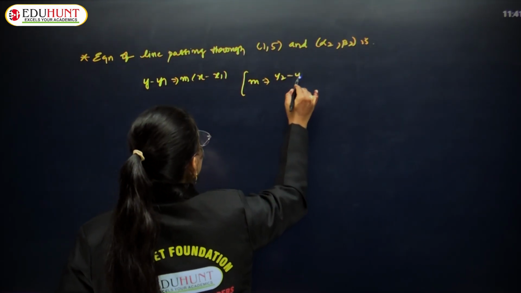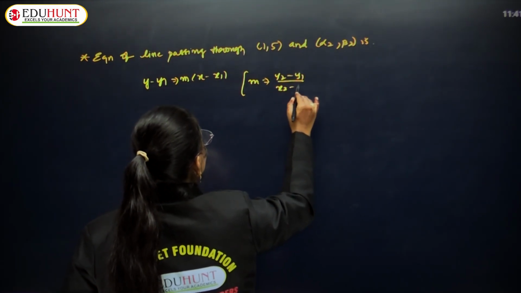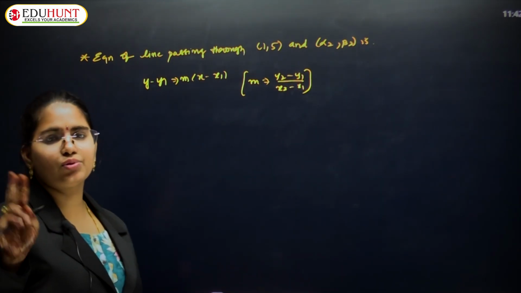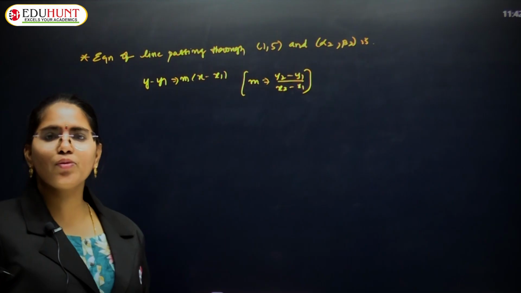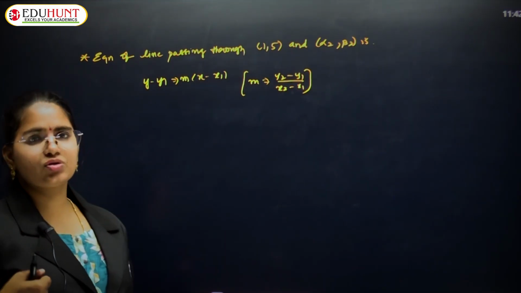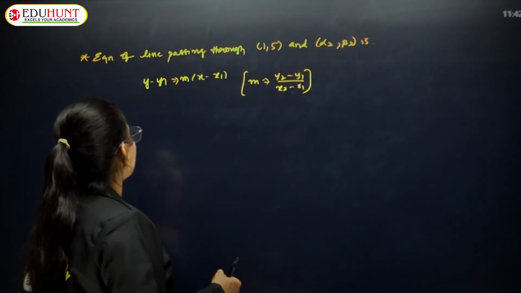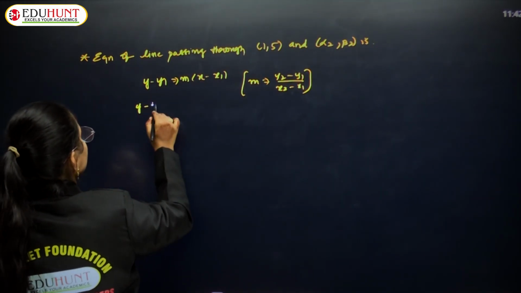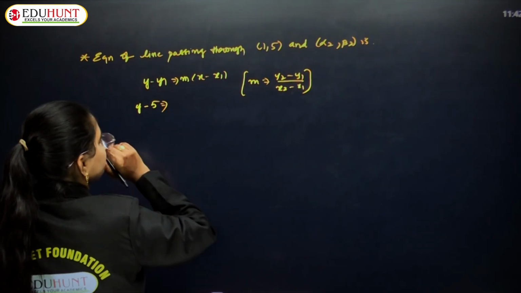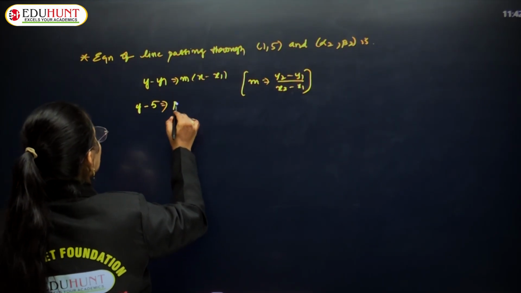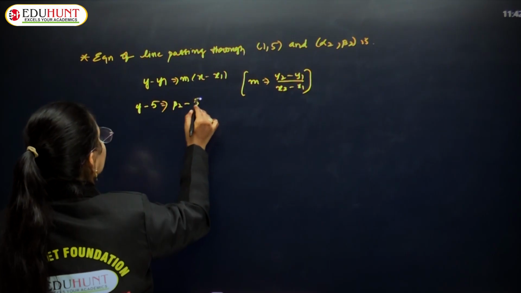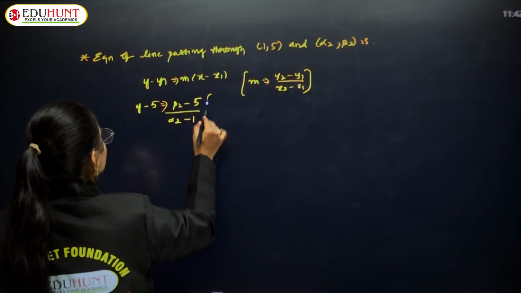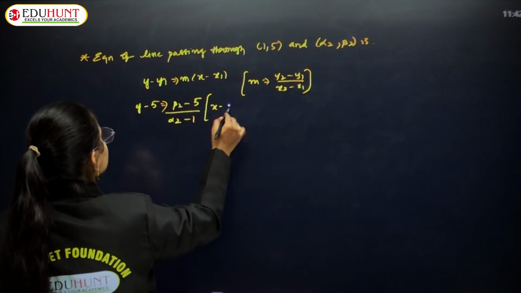m is (y2 minus y1) by (x2 minus x1). This is the value of m. Right? Whenever you have 2 points, how to calculate the slope? (y2 minus y1) by (x2 minus x1). So, let us put it here: y minus y1, where y1 value is 5. m is nothing but y2, which is beta 2, minus 5, by alpha 2 minus 1, into x minus x1,